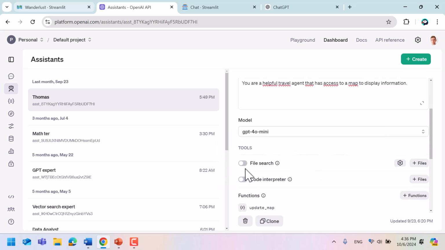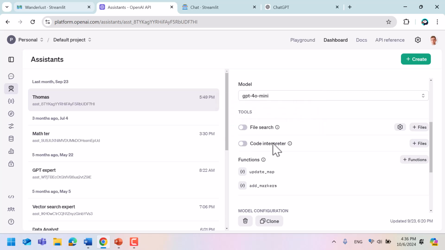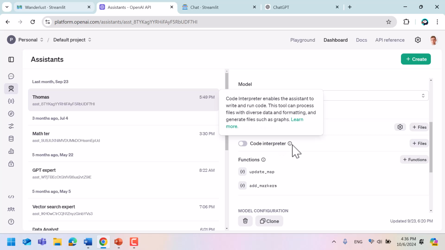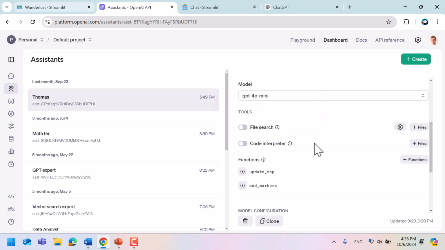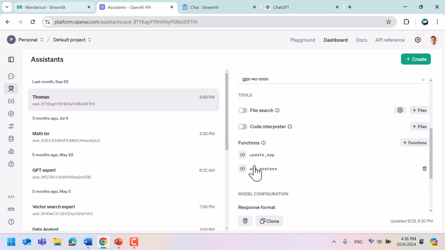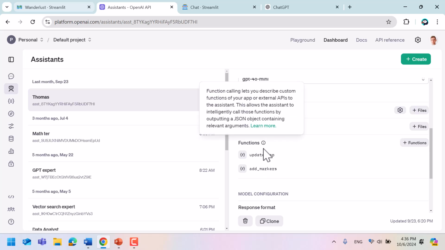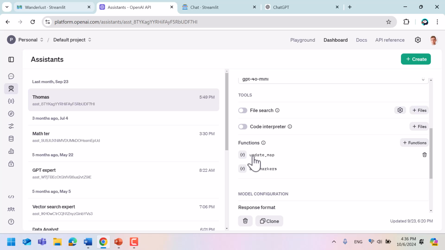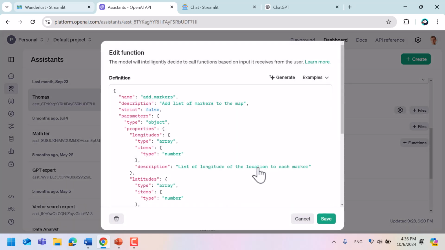And in terms of tools, there are some pre-built tools like the code interpreter and file search that have already been implemented by OpenAI, but here I'm going to be providing custom tools, custom functions: the update map function and the add markers. Let's actually look at add marker. It's simply going to add a list of markers to the map.